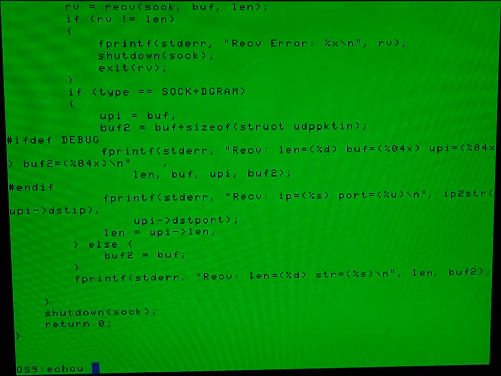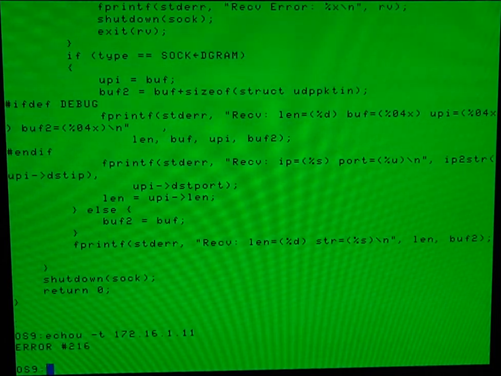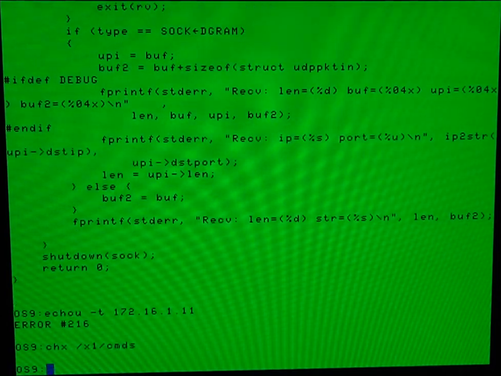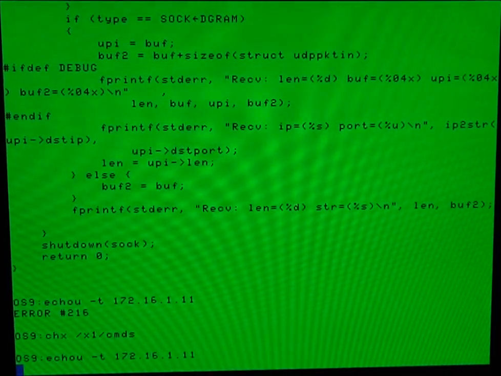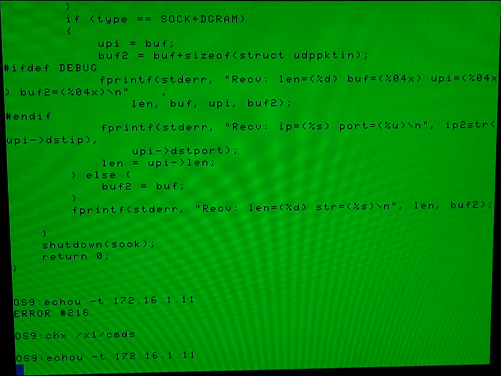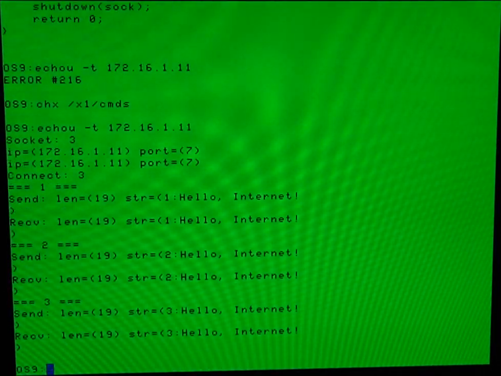because the proof of that is that we can just run this one more time. Hopefully the IP address is correct. Let's see. One more time. And there we are. So that's my demo of